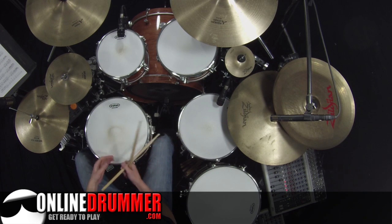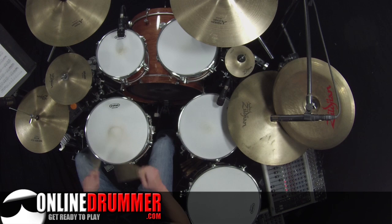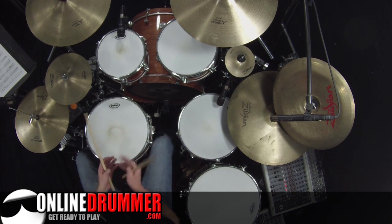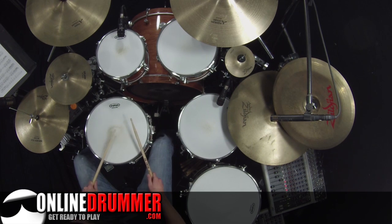There's a couple ways you can stick that. You can do the first 2 groups of snares, right, left, then left, right. That's a common pattern. If you're counting the 30-second notes correctly, you'd be on 3, 3 E and 3 E and 3 E and